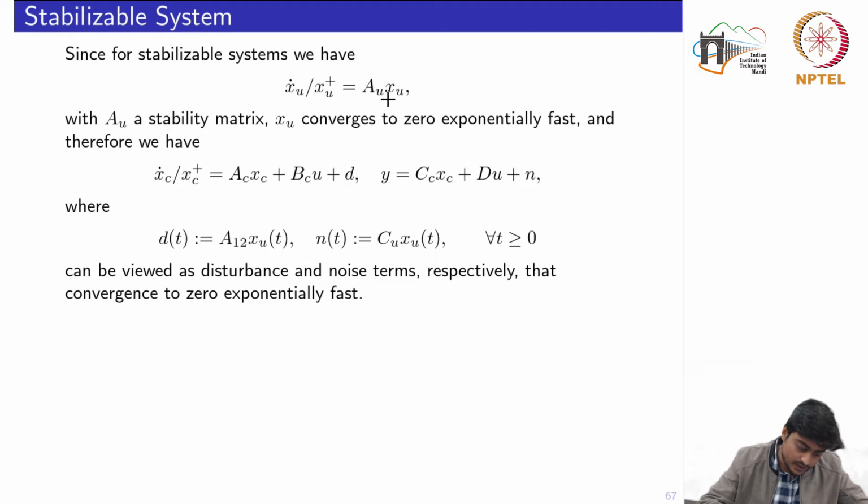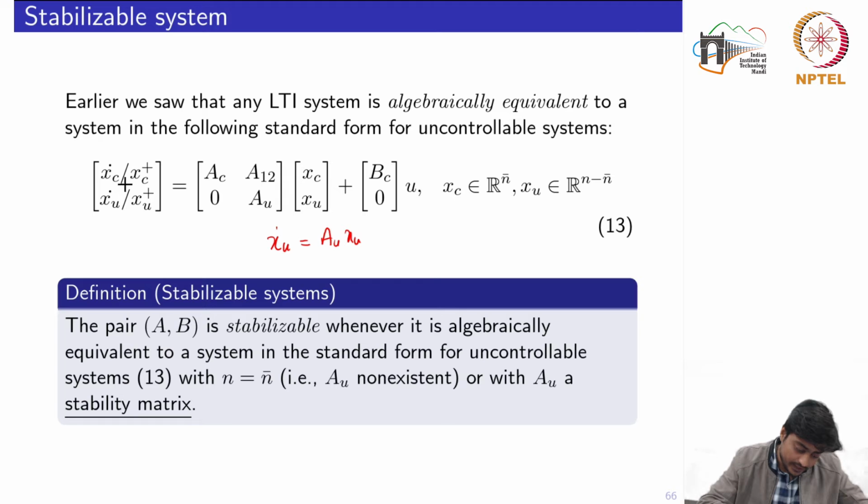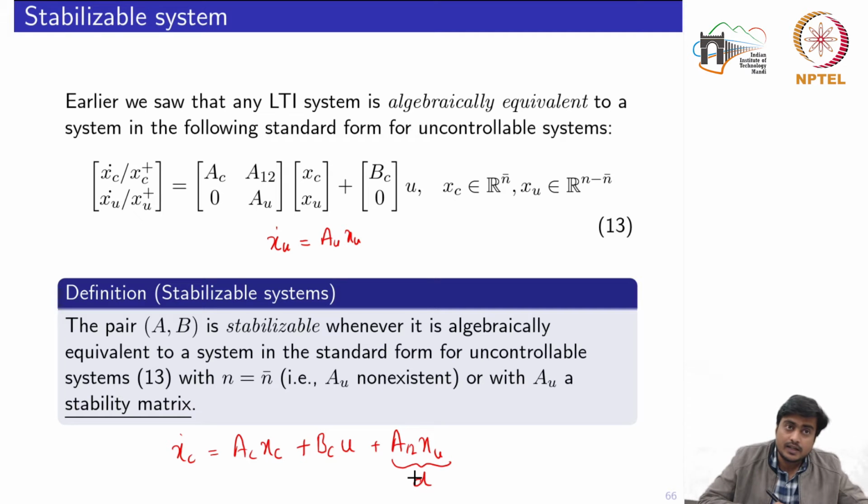So this is the homogeneous system in terms of the uncontrollable states, where AU is a stability matrix. So we know that XU converges to 0 exponentially fast, and we can write the equation only for the controllable states, where this D is nothing but your A12 XU. If you have any difficulty visualizing this, if I write only the first equation, that is for the controllable state, I would have XC dot is equal to AC XC plus A12 XU. This part I have written as another signal D,